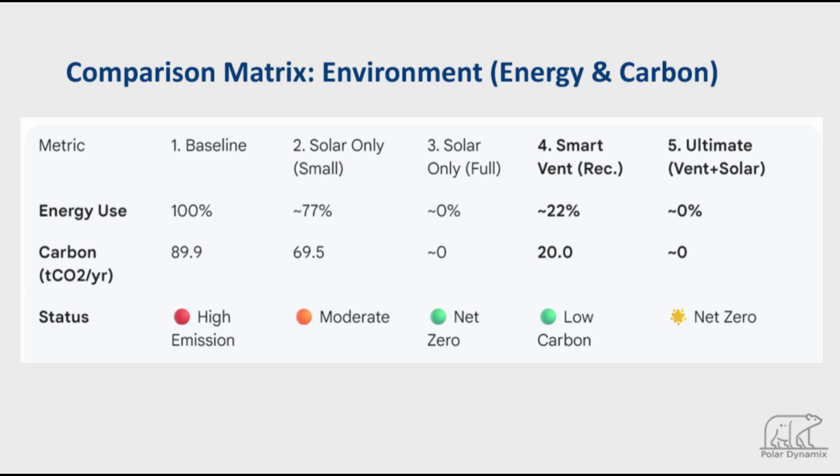The ultimate option combines smart ventilation with a small solar system. Due to the fact that the energy demand is already minimized, this configuration can achieve net zero carbon with a much smaller solar capacity. From an environmental perspective, this comparison shows that reducing energy demand first has a much greater impact than simply offsetting energy use. Smart ventilation delivers strong carbon reduction while using fewer resources, making it the most effective strategy for the environmental pillar